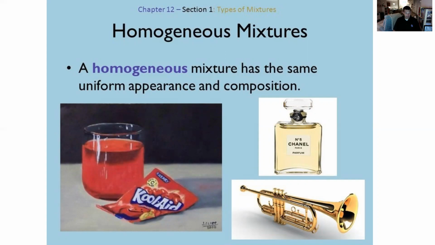I had a friend in high school who, whenever we'd go over to his house, would make iced tea, and he always joked. He called it diabetes in a cup. He used twice as much iced tea mix as it called for in half the volume of water. So it was super sweet, and the bottom of your cup would literally be a slush of sugar. It didn't fully dissolve, so that was a heterogeneous mixture. But if we used the proper ratios, it would have properly dissolved. It would have been a homogeneous mixture.